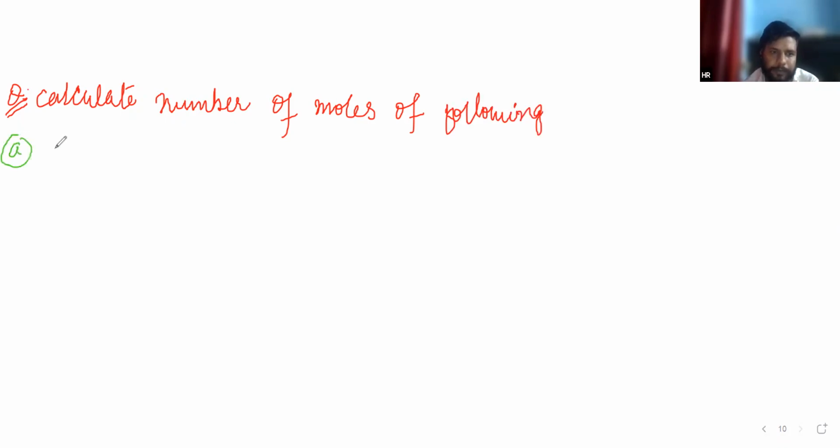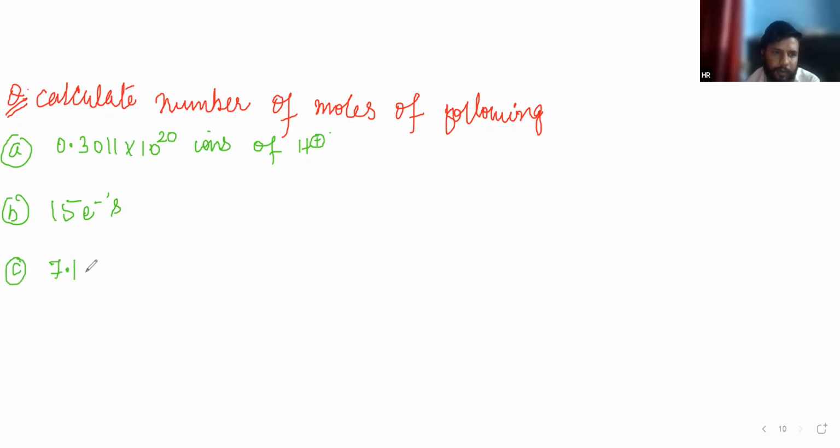First is 0.3011 into 10 raised to the power 20 ions of H plus. B is 15 electrons. C is 7.1 gram of Na2SO4. D is